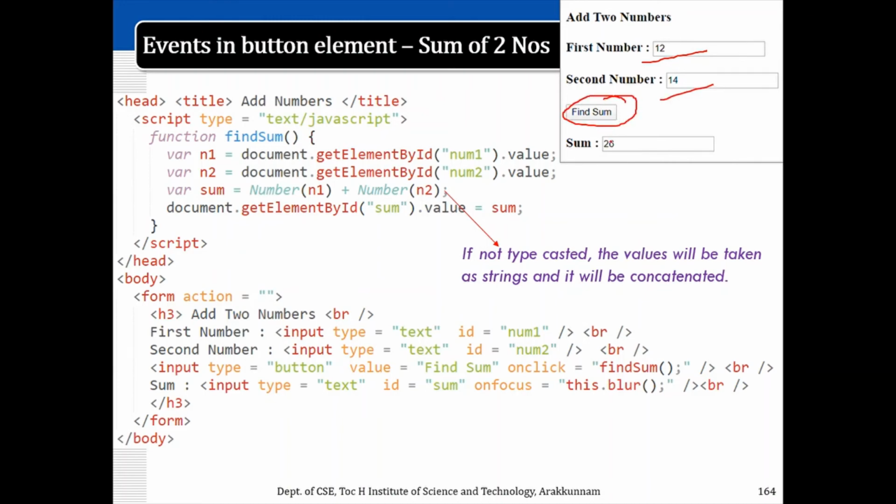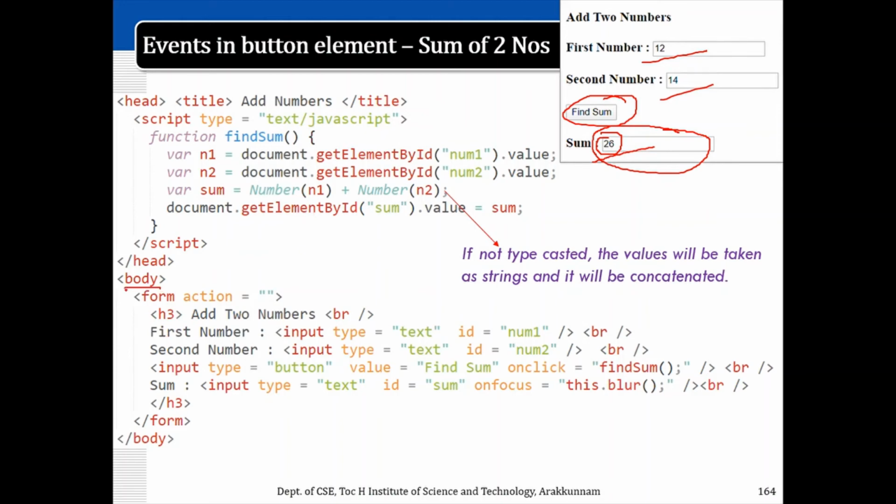On clicking this button, the result should be displayed in another text box, and this text box should not be accessible for typing by the user. The user will not be able to type into this. This is only a deactivated text box which is used to display the result. So we'll see what happens.